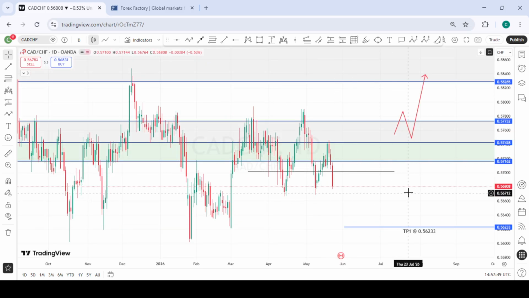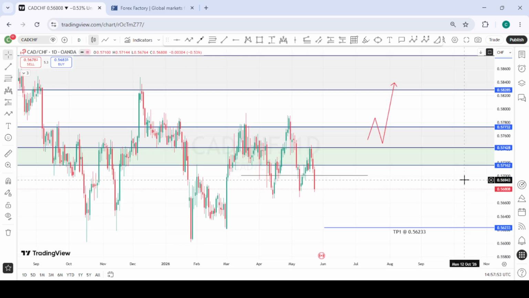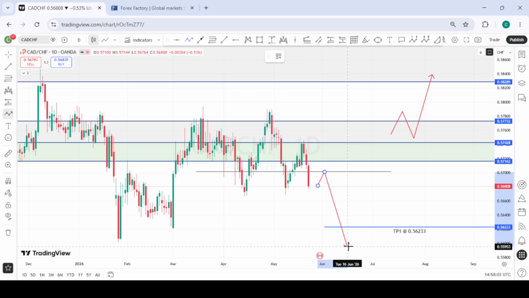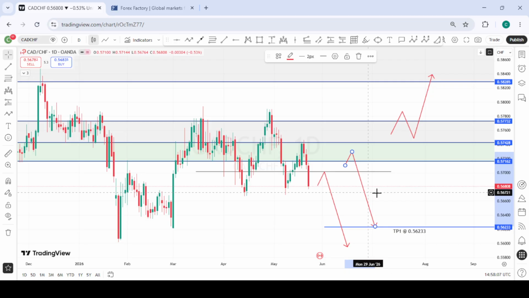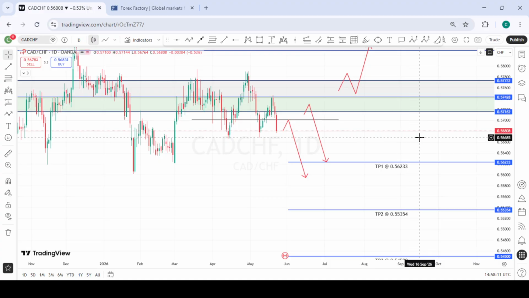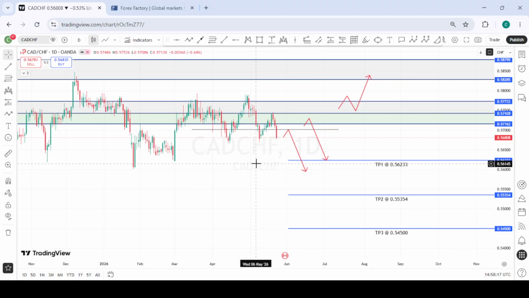This is CADCHF, and we have a similar view as we have on the other CHF pairs. So going into next week, all we are waiting for is a retest of these daily structure points we have here, or weekly structure points we have here. Or should price pull back a bit deeper into the zone again, we can still look for selling opportunities from here to the downside. So we just have to wait for the possible pullback, then we take our sells from there to the downside. So these are the various targets we have for CADCHF on the sell side.